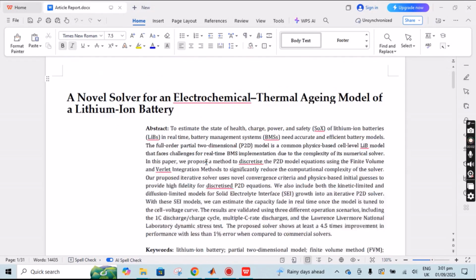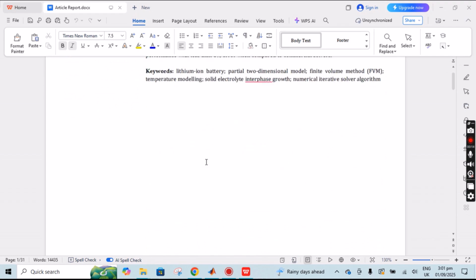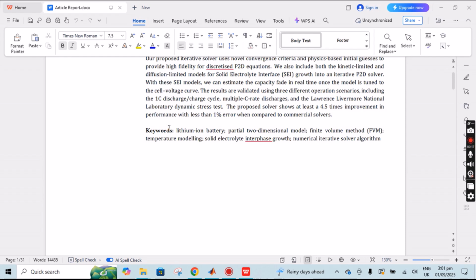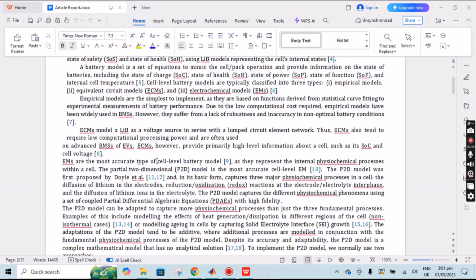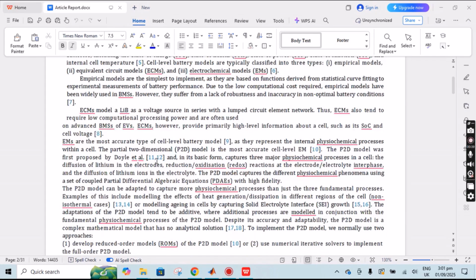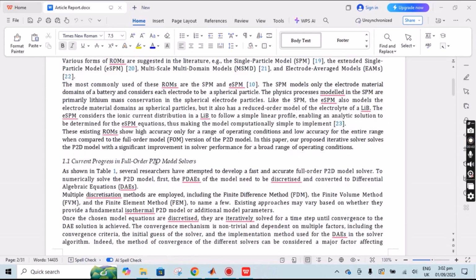Lithium-ion battery. Basically, for the lithium battery we are using the pseudo two-dimensional model, the P2D model, and in this section we have used the lithium-ion battery as well as the finite volume method. Accordingly, there are introductions on how a lithium-ion battery works according to state of charge, state of health, and the battery management system as well. All the things like equivalent circuit models and electrochemical models are added